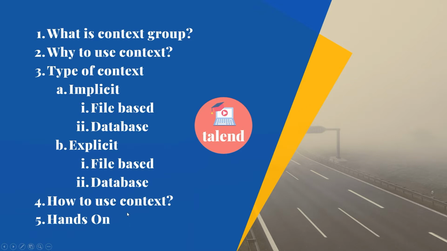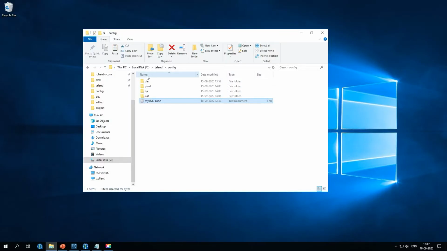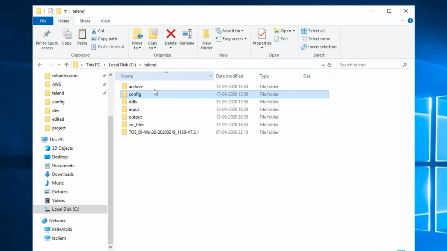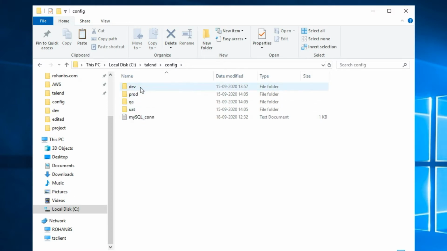Alright, so for that we will move on to our file system, wherein I'll show you the context file that I created. Alright, so this is my local folder wherein I'm calling Talend, and under that I have several folders created for input, output, archive, and config. It's always a better practice to create a standard folder structure, and then you start adding all the variables